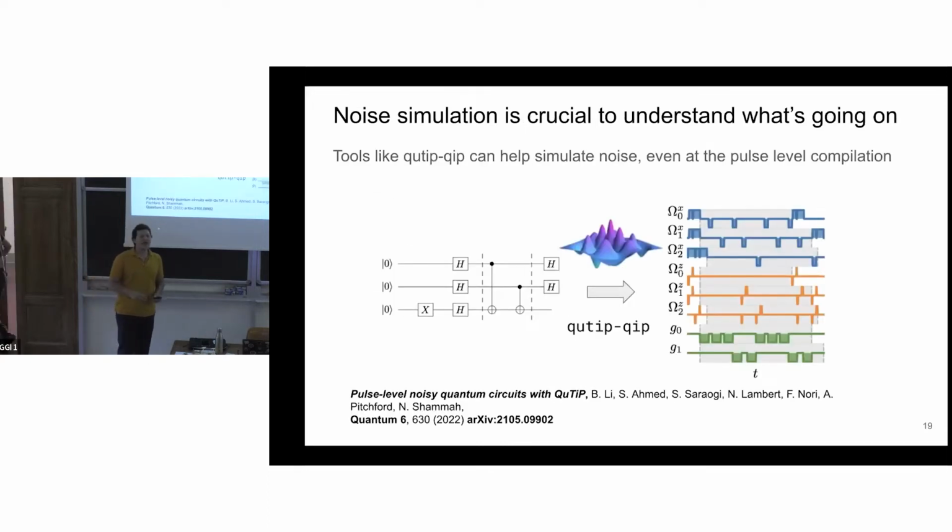So there are a variety of tools that are available nowadays to help us out in simulating noisy devices and studying them. And during this talk, I will continuously make reference to existing software tools. This is just one of them, on which I've been working, which is QuTiP-QIP. QuTiP is the Quantum Toolbox in Python, and QIP is a module that has been spun out and is a new package for quantum information processing